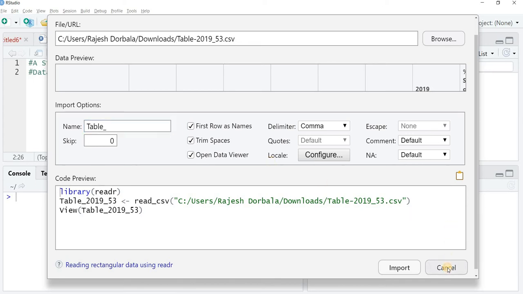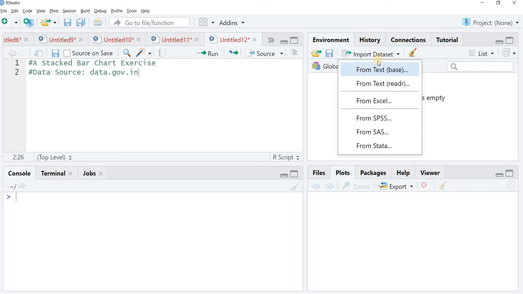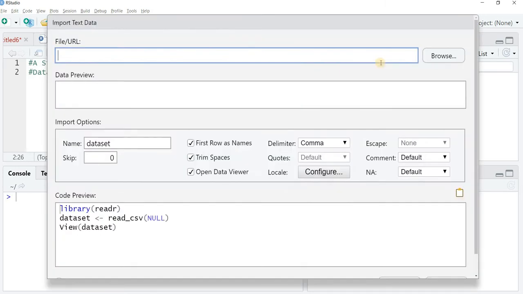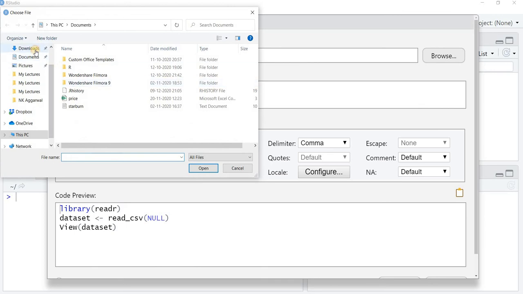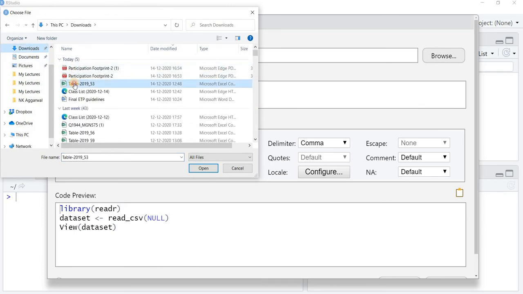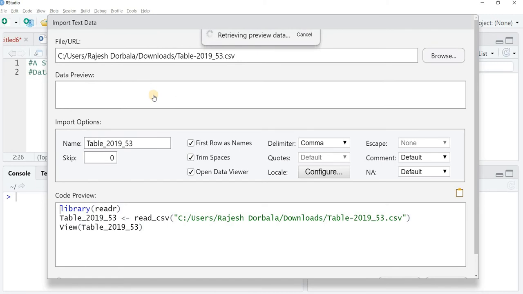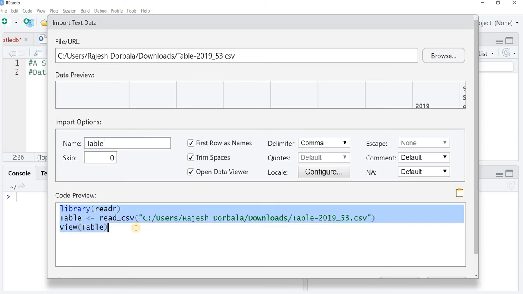Just one sec. I think I have selected a wrong option. Let me browse. This is in my downloads. Okay, so I want to rename the table. Let us say I make it as table. This is the name which I want for my file. I don't want to view it, so I'll remove this view part from the code.